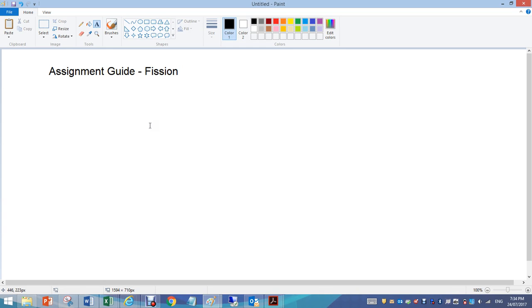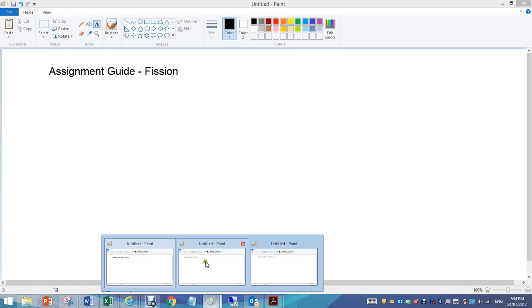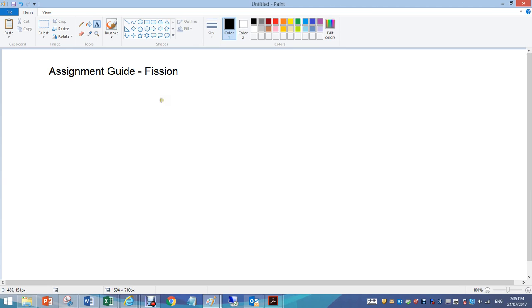Okay, so getting onto the assignment guides now, I'm going to talk through fission, fusion and the brachytherapy. So starting with fission, there's two different questions about fission. One's about the waste and the other is about the control rods. Okay, so if you're looking at the topic that involves the waste,